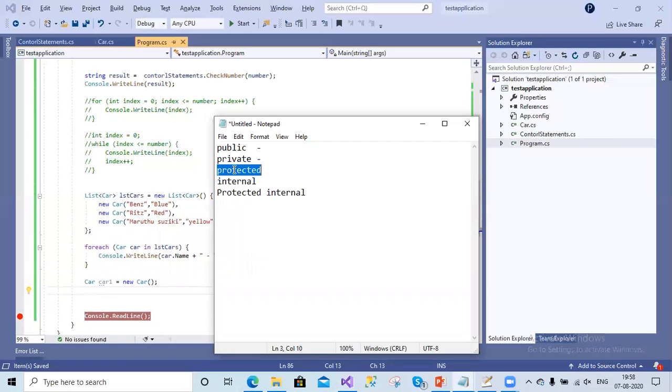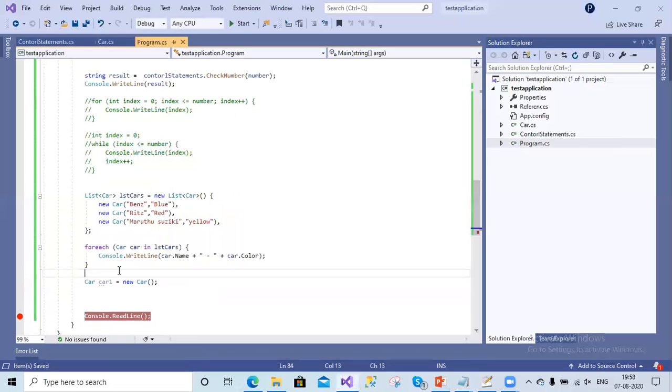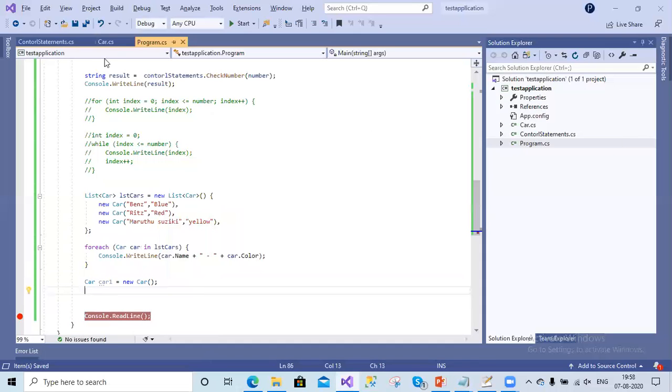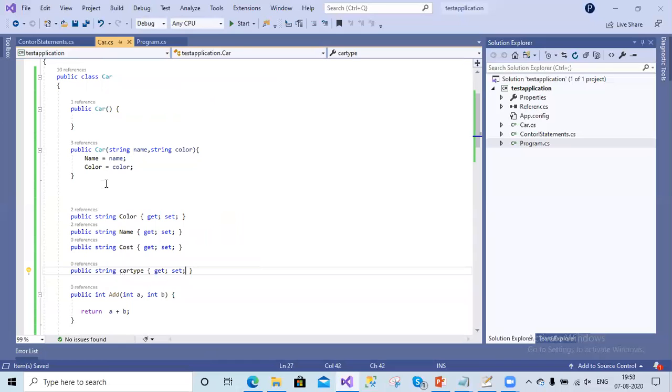Protected will be used whenever you want to expose the class variables or the methods only for the child of it. Let's say we already have a car class here.